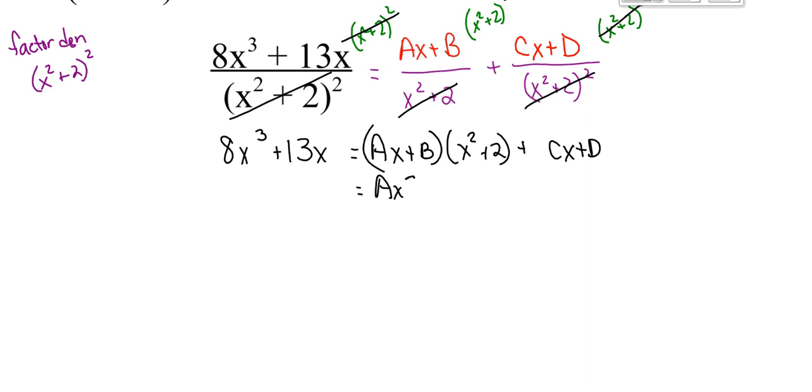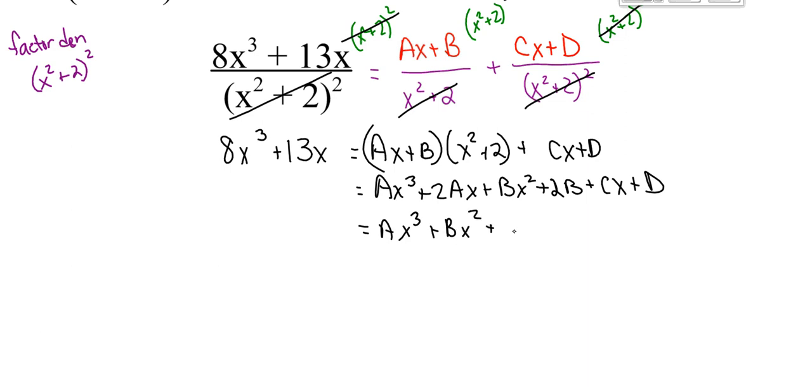Plus ax times 2 is 2ax. Plus b times x squared is plus bx squared, plus 2b, and then plus cx plus d. And so now I just want to take this right-hand side and just have it in decreasing powers of x. So I have ax to the third plus bx squared plus